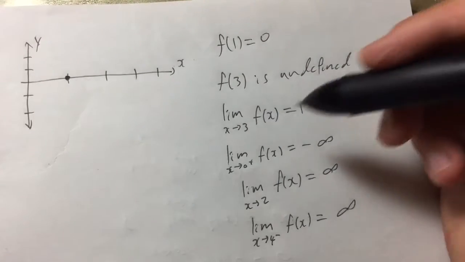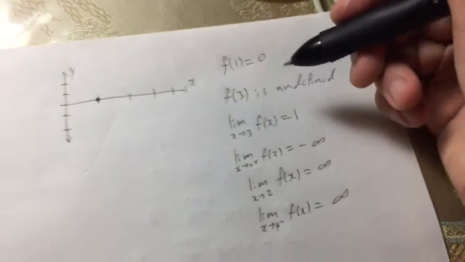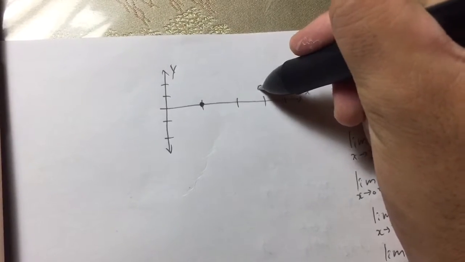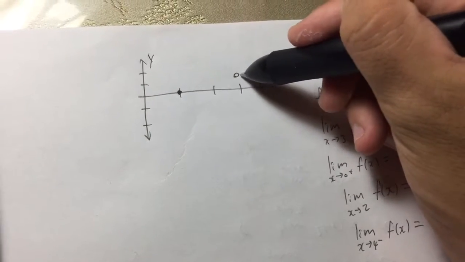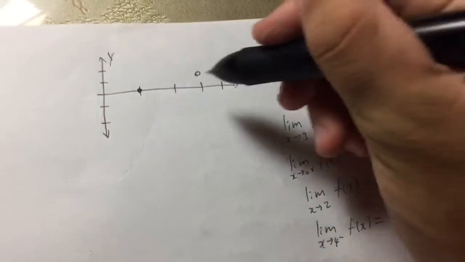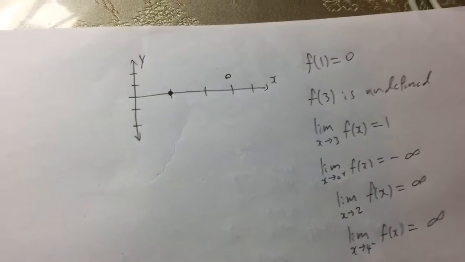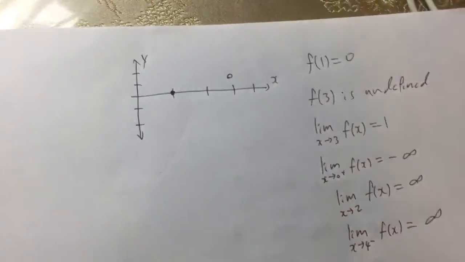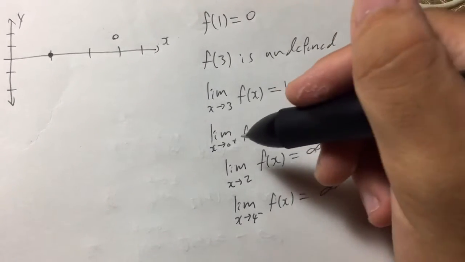The third condition states that the limit as x approaches 3 of f of x is equal to 1. So we have a hole here at f of 3. It does not exist, but the limit approaches 1. And as of now, I'm not gonna draw anything over here because I am not sure of the behavior of f of x over here and over here. And so let's move on to our next condition, the fourth condition, which states that the limit as x approaches